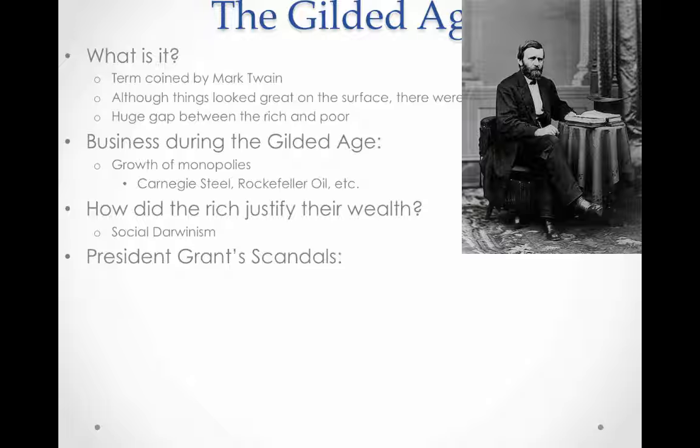So eventually he is elected, and he was seen as kind of not your average politician. But unfortunately for him, because he wasn't the average politician, maybe he wasn't really ready to be one. And as president, there were some scandals, specifically the Credit Mobilier and the Whiskey Ring scandal. So not necessarily Grant himself was involved, but a lot of his supporters and his advisors were. So he really got seen as, he had some negatives as president.